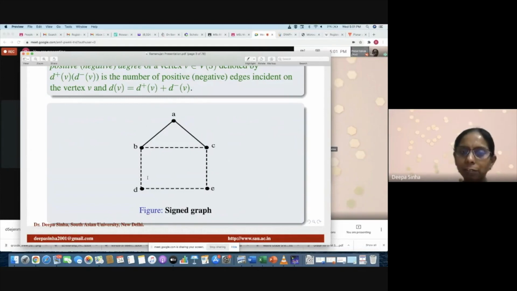Instead of writing plus one and minus one, when a sign graph is depicted pictorially, the general practice is that when the edge receives the plus sign, it is represented by a bold line, and when it receives the minus sign, it is denoted by a dotted line. Again, there can be many ways to draw the sign graph on this graph. It could have been possible that AB is also negative, but again, it is just model specific. It will depend on which model you are working on.